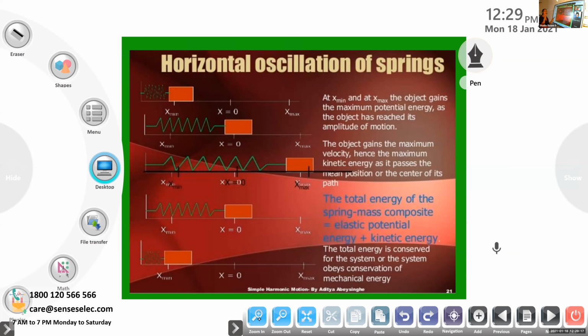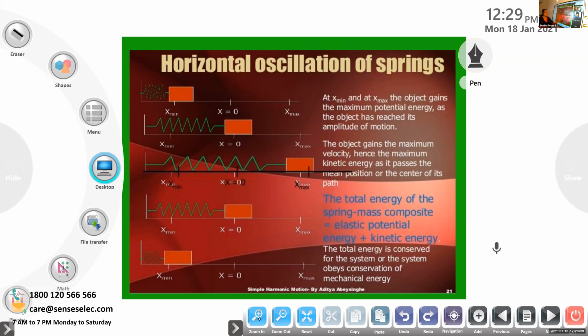So this is only the explanation of that equation we have written: half k a square, total energy is equal to half k a square. That is only the explanation of that, nothing else. You don't have to study it, but we can just understand. That's it. I am giving it for understanding's sake.